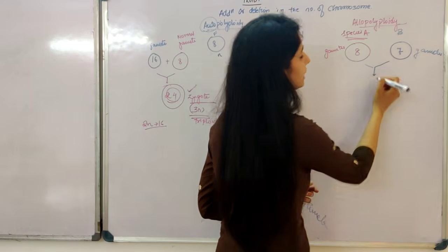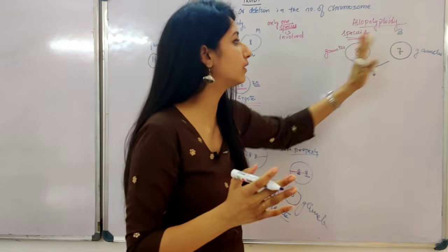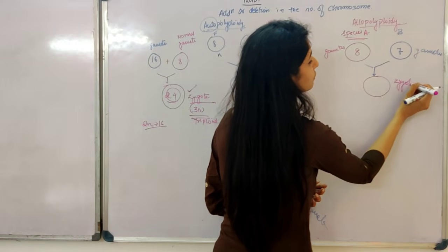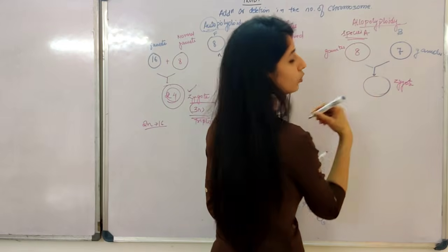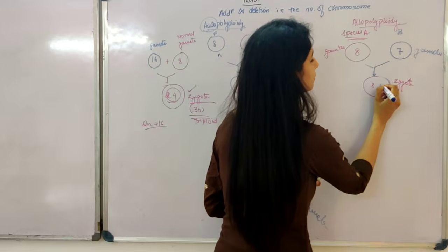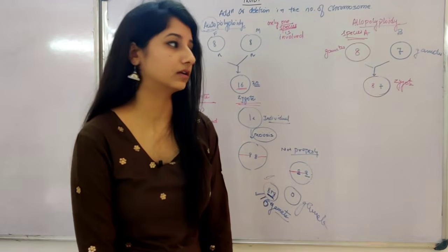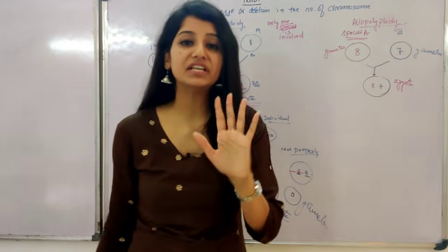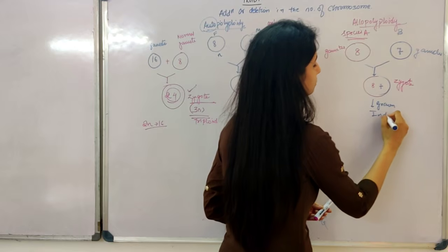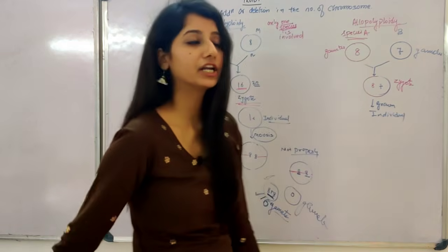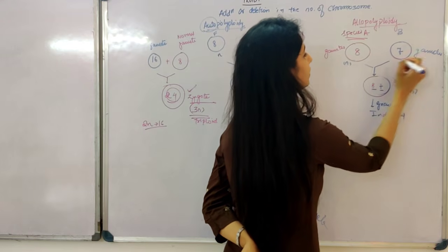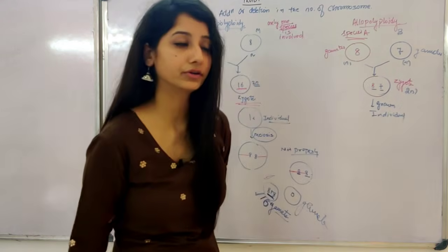Now, for some reason, fertilization has occurred between these two gametes and a zygote is formed that contains chromosomes of both. From A, 8 chromosomes, and from species B, 7 chromosomes. So if by chance this grows and forms an individual, what is this condition? This condition is diploid, because it is n plus n, a diploid condition.